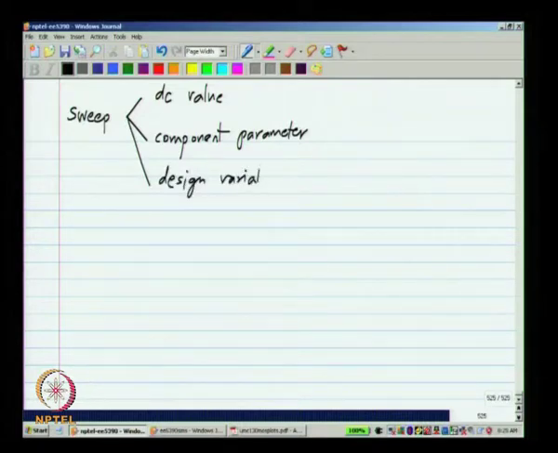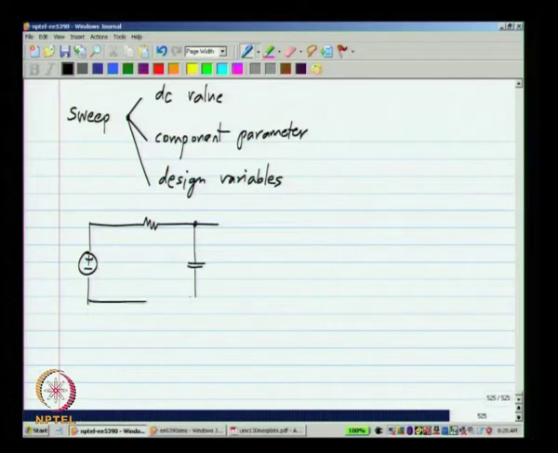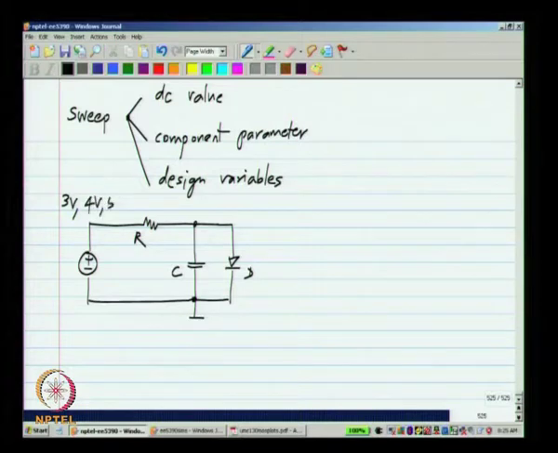You can consult the simulator's manual to see how to do these things, but the point is you can run the simulator only once, and let us say you want to calculate the DC operating point of the same circuit that we had all along. Let us say for different values 3 volts, 4 volts and 5 volts.